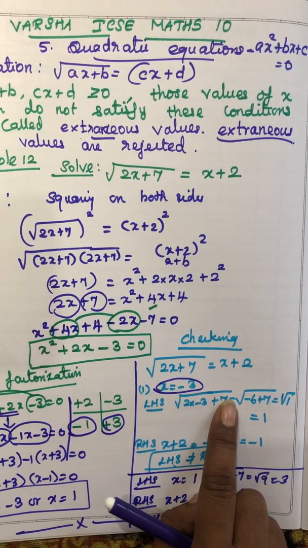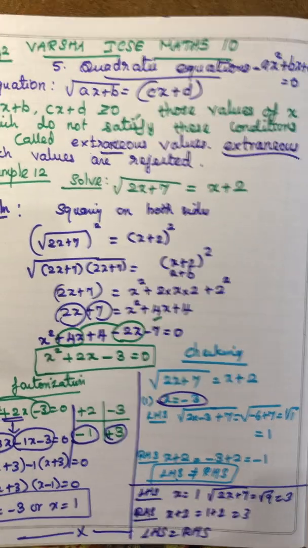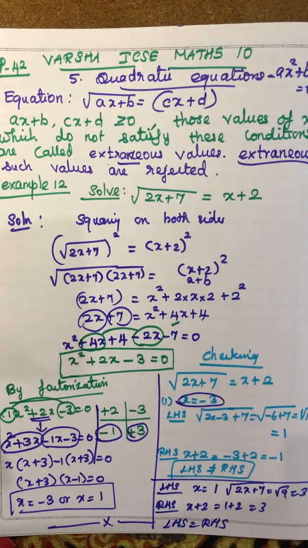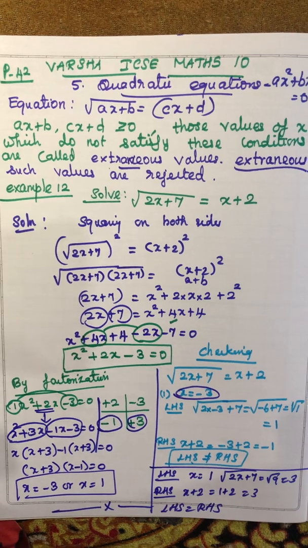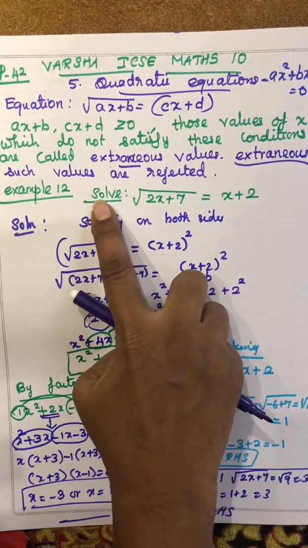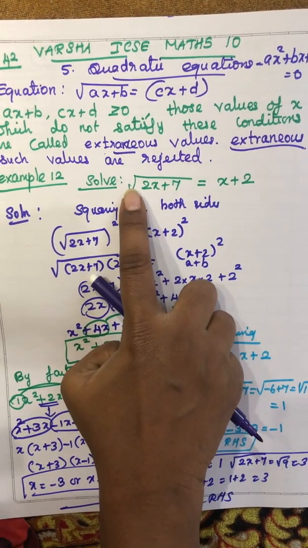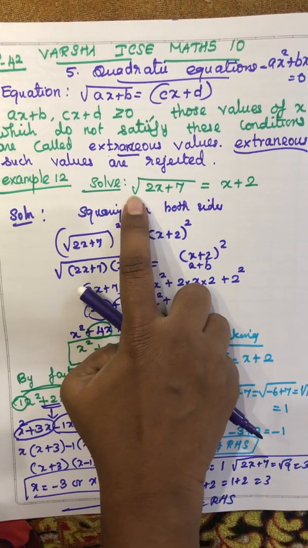Okay, so do you understand? Yes. So I hope you all understand. So is this a difficult sum? Definitely not. But do you understand the steps, students? Okay, so may I say it again? The given question is root of 2x plus 7 equal to x plus 2. So I have to eliminate the square root. So for that I am